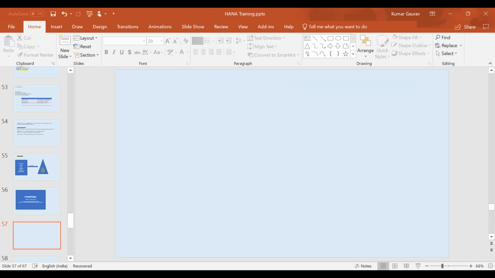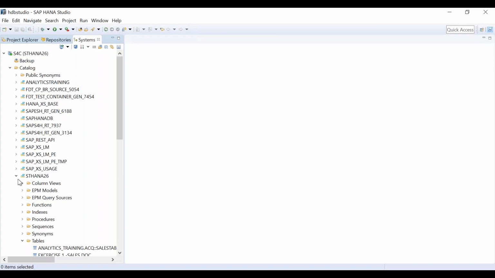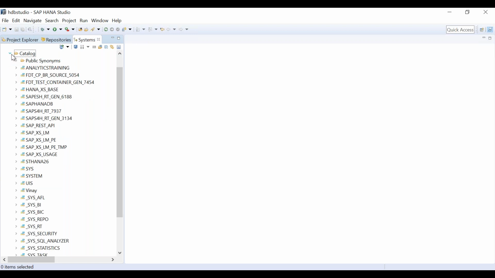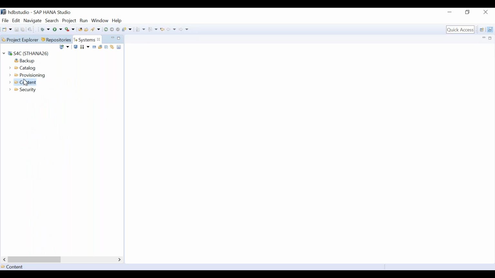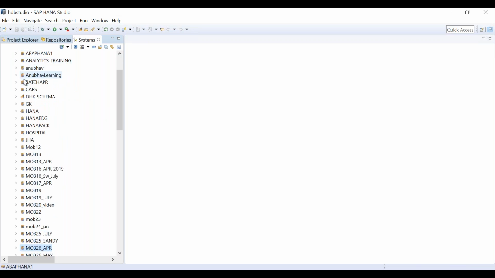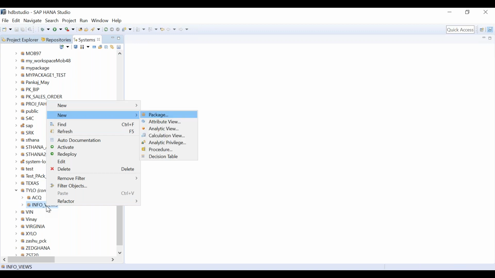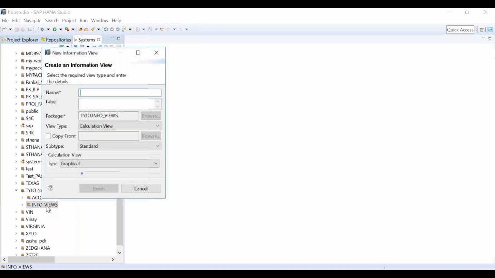Okay, so let's go to HANA Studio now. What we will do is create a calculation view, a normal calculation view. So we will go to Content, and to our project called Tylo. In Info Views, right click, new calculation view.